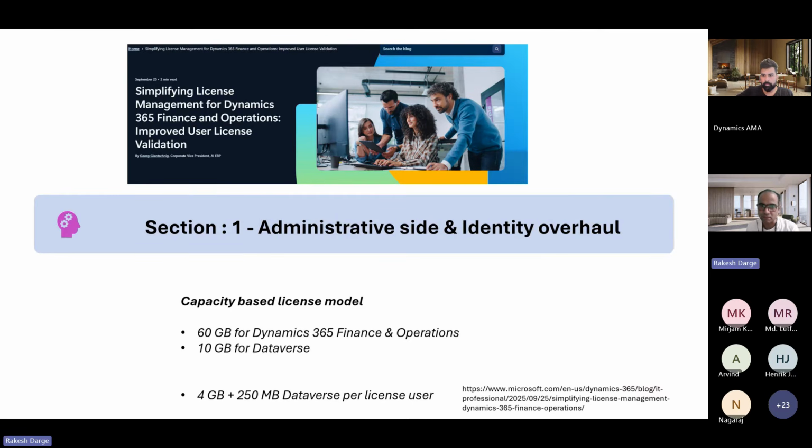We'll start with section 1. I will quickly run through these 2-3 slides, and then we'll come back to the demo. Initially, when I was preparing the deck, I thought I'd go slide by slide and then switch gear for the demo. Then I realized those who are coming from a non-technical background might lose the context of what I'm talking about here. So I thought I'll quickly run through the PPT, structured as section 1, section 2, and section 3. We will see everything in action, as a practicality aspect. So as section 1, what we talked about is the administrator side and the identity overall.